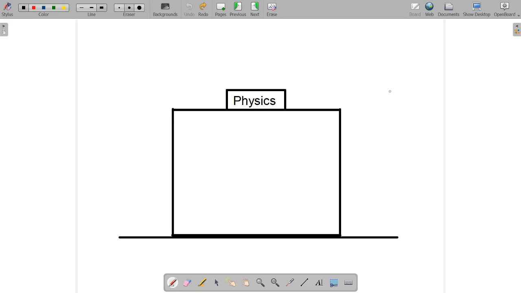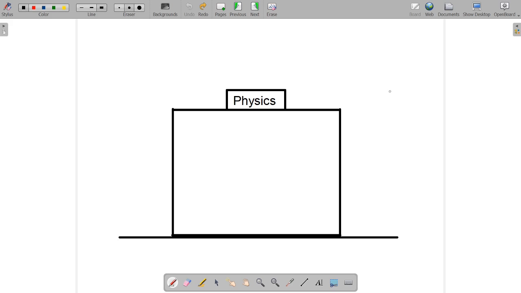Okay, everyone. In this lesson, we are going to get an introduction to systems. Now, we have already talked about free body diagrams in this class, and we know what free body diagrams are. Free body diagrams are diagrams that show you all the forces acting on an object. What we're going to do in this lesson is take those concepts and